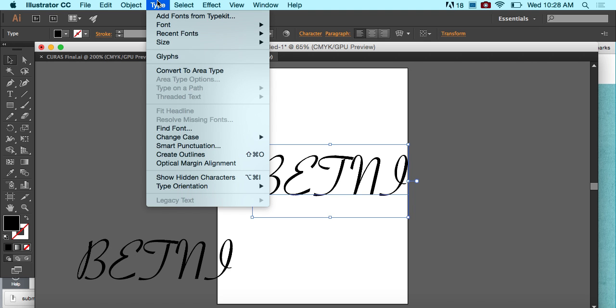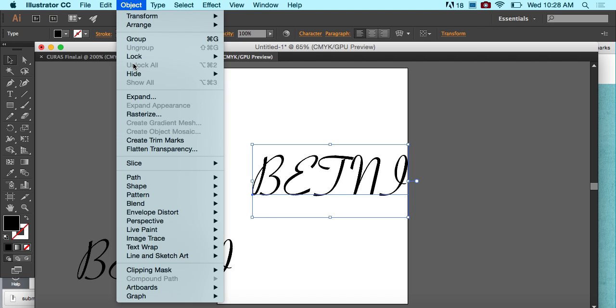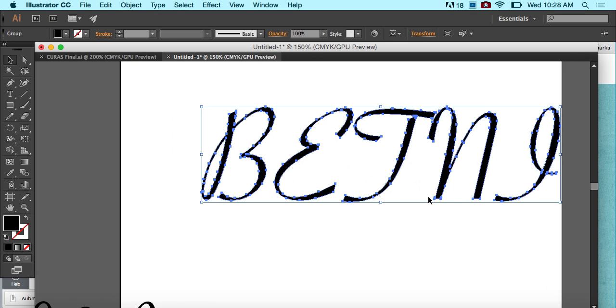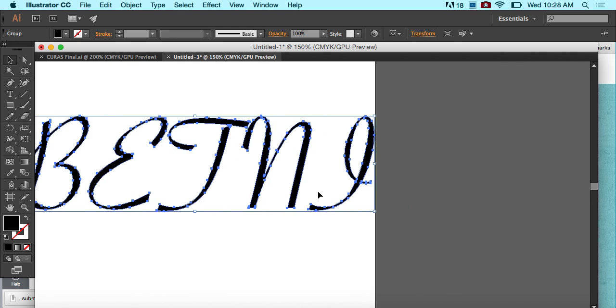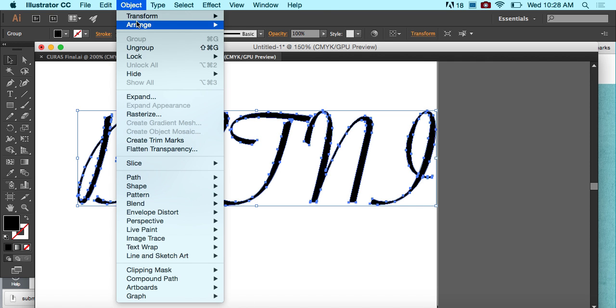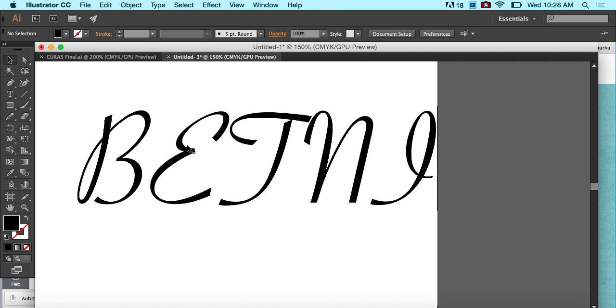Oh, except last time I did the type create outlines. You can also go to object expand. Either way, it does the same thing. So for this one, it's just kind of dependent on you and what kind of curvature you'd want. I'm going to ungroup it again. So if that E,